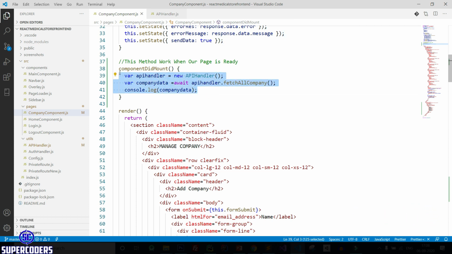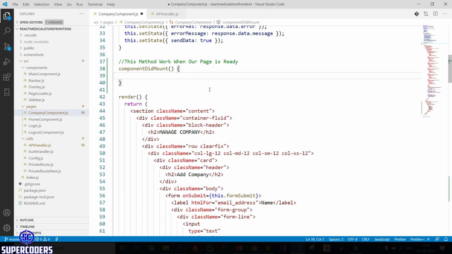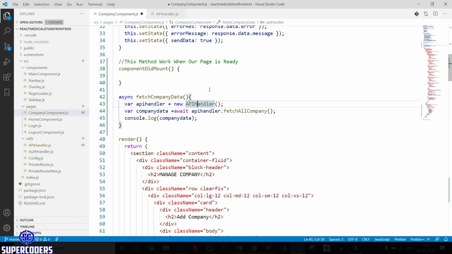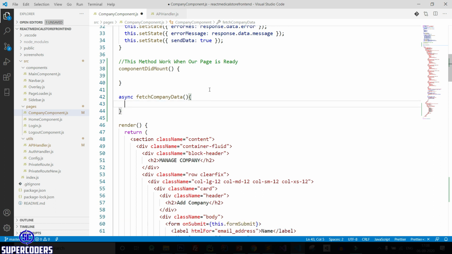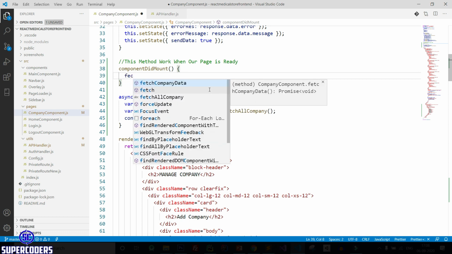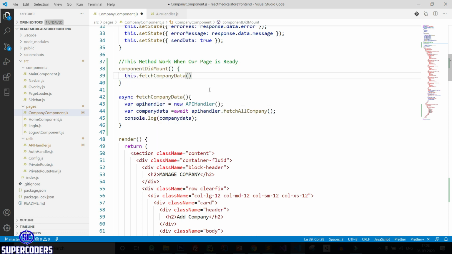Cut this code and create one more function. So async fetch company data, paste the code and let's call this method. So fetch company data, save it.